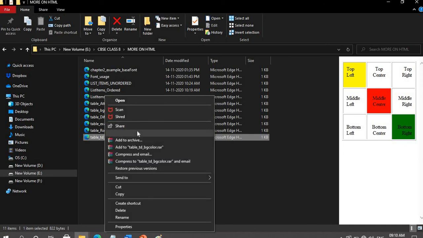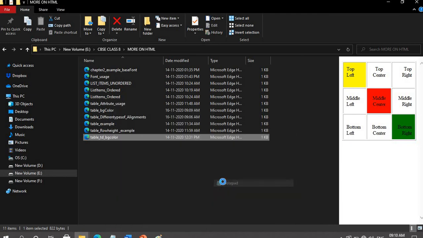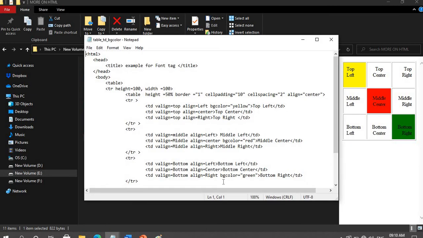here I am changing the background color of each cell. Okay, here see the difference. Here for the table I have not specified any color. In the earlier example I specified the color for the entire table. Here I am specifying only for the first row. This is the first row, second row, third row. In the first row, for the first column, I am specifying the yellow color. So this is the first row. This is the second row. This is the third row.